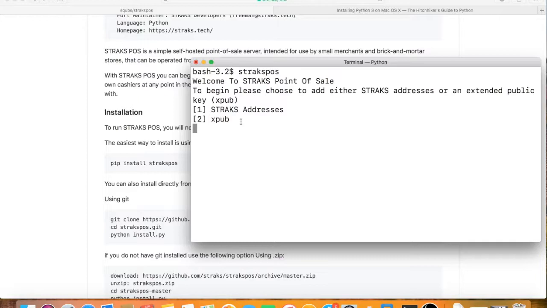So the STRAKS addresses, if you just apply them manually, they'll be used to give the customer as the sending address for their transaction. If you use an extended public key, what that can do is actually generate any number of STRAKS addresses which all tie back to the same wallet. So you don't have to worry about individually specifying addresses. You can just add this one extended public key and it will be able to create as many addresses as you need. So I'll show you how to do both these things, but before we begin,